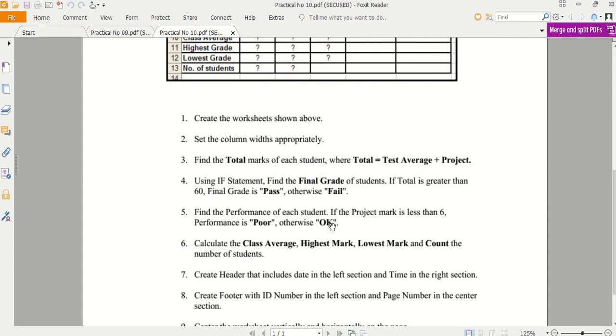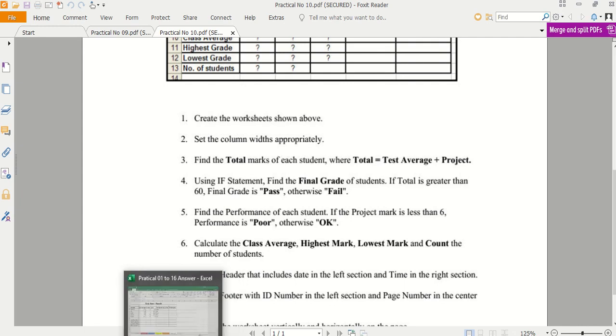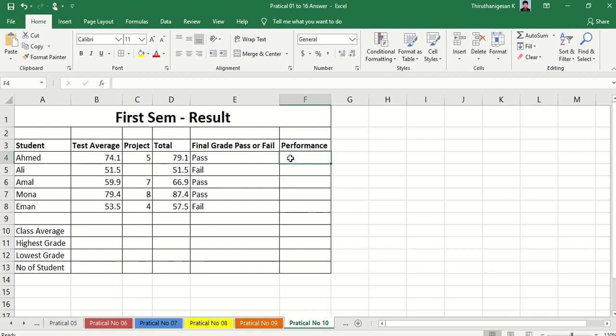the fifth one, find the performance of each student. If the project marks is less than 6, performance is poor, otherwise okay. So we want to check with the project marks. If project marks is less than 6, poor, otherwise okay. So performance, if